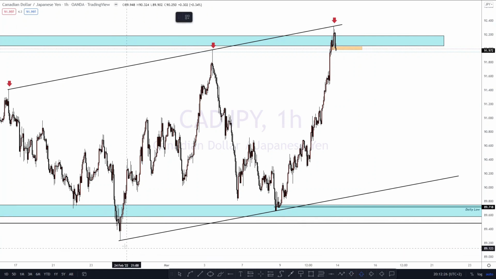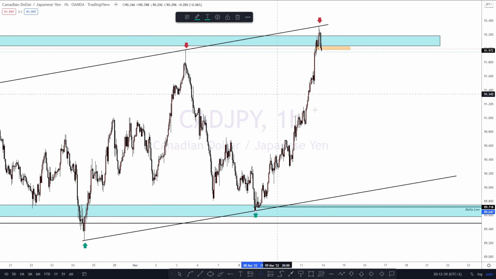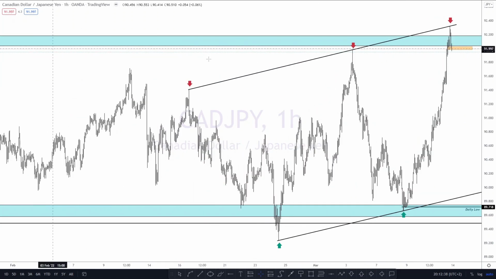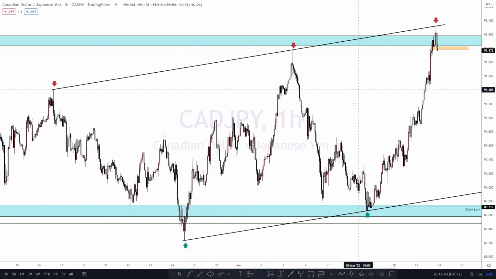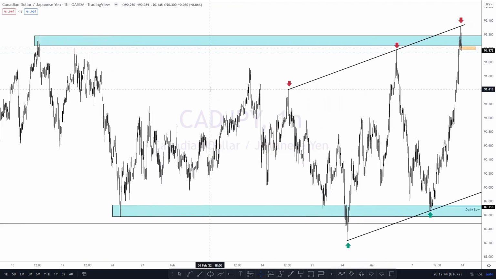On the downside we have 1 and 2, and as you can see the market is just clearly showing us that it could potentially drop, because we have also reached a resistance that has been failed to be broken since January 2nd, if I'm not wrong. January 2nd, January 12th, I meant to say.